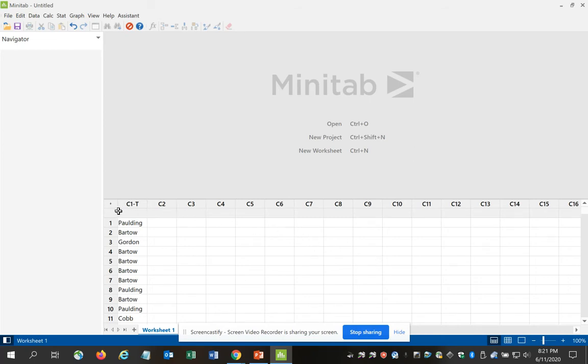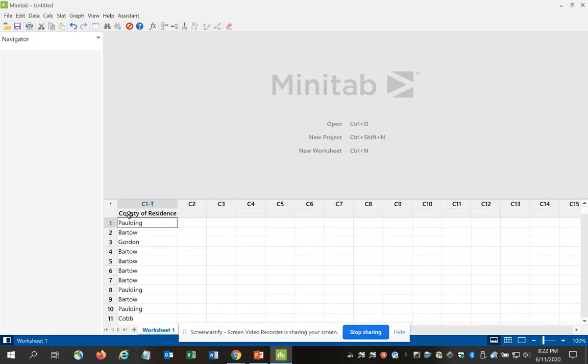One of the differences is with Minitab, you have this extra line, in this gray area, where you're able to put your label. So for example, I would label this column here, county of residence,